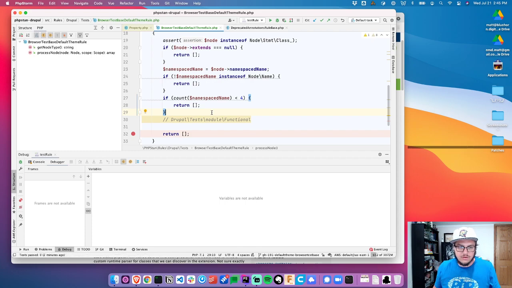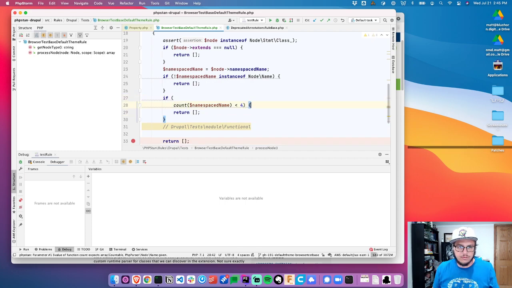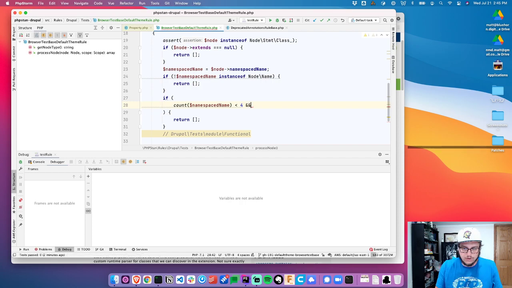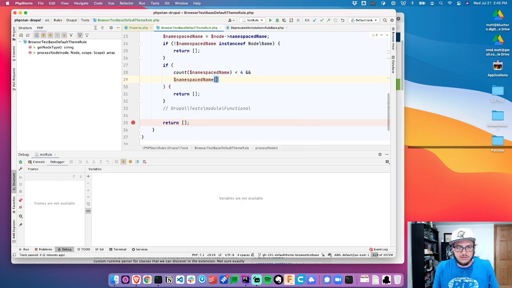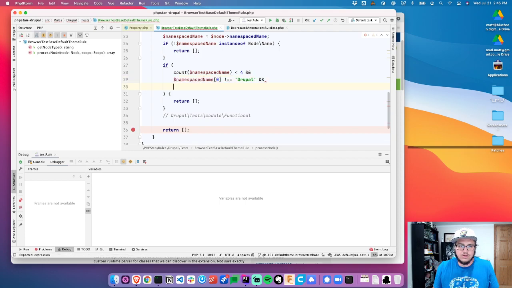And so if the count is, let's just, I want to put it all in here. So if the count is less than 4 and namespace name 0 is not equal to Drupal, that's one too many equal signs. Namespace name 1 is not equal to tests. And